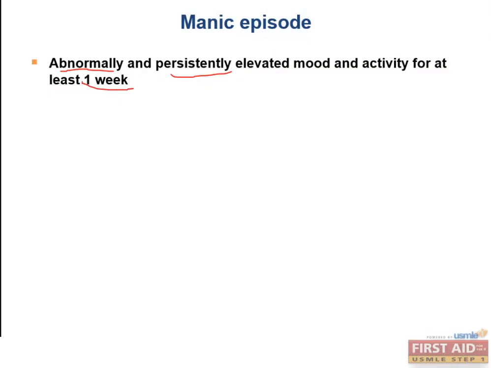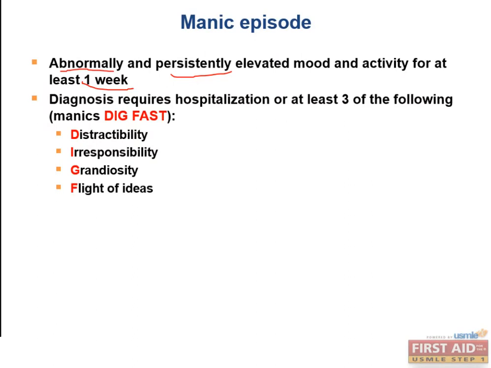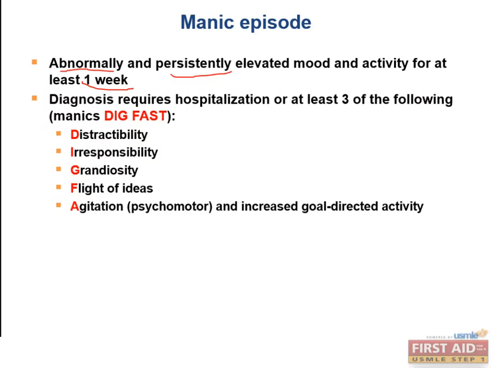And the patient, in order to be diagnosed, has to have at least 3 of the following criteria. And the way I remember these criteria is with the mnemonic Manic's Dig Fast. And those stand for distractibility, irresponsibility, grandiosity, flight of ideas, which refers to racing thoughts, psychomotor agitation, and increased goal-directed activity. That's to say that they have an obsession with accomplishing some task, decreased need for sleep, and talkativeness or